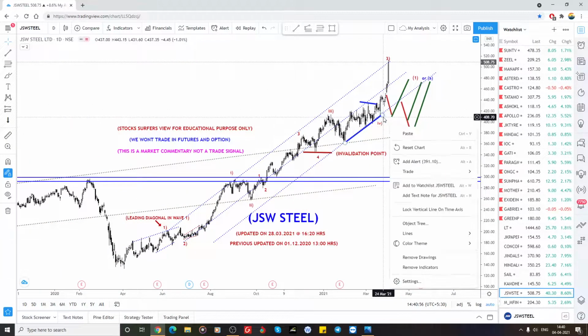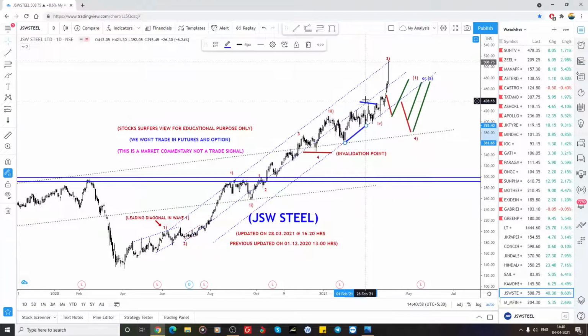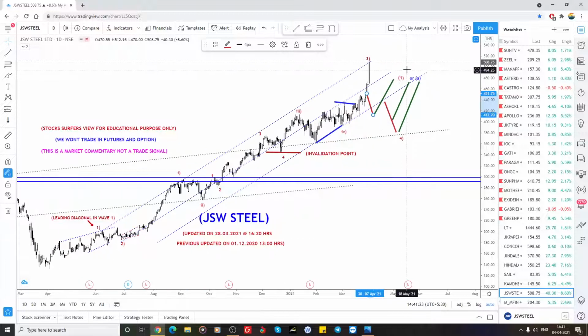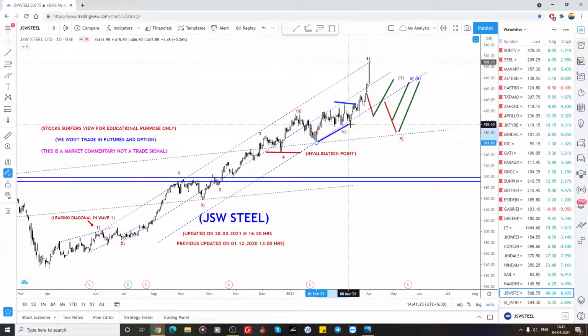Previously, I have changed this count according to the price action. Earlier I thought this could be a running flat from here, so I looked for the fifth wave, 1 2 3 4 5. So it got completed, which means it can come to the downside, and then again go for the bullish scenario. Otherwise, if the third wave ended here, I was expecting a bigger fourth wave, but it didn't happen, and it immediately shot from 427 to almost 510. So now I suggest, and it's a doubt for me,